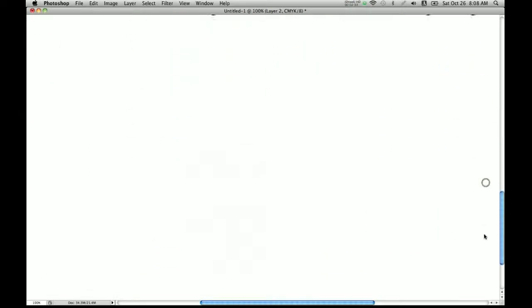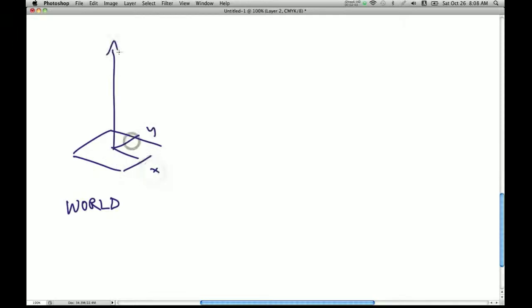And so it's going to be in terms of the world axes. So this is the world. You have X, Y, Z, and then the orientation vector would be some vector over here. So the way that we're going to get that onto whatever our mover is, so yeah, this would be Z, and then X, Y. So the way that we're going to get that over here is we are going to